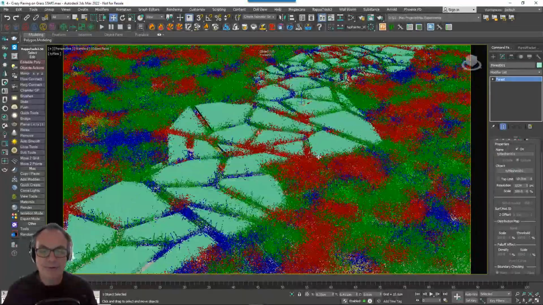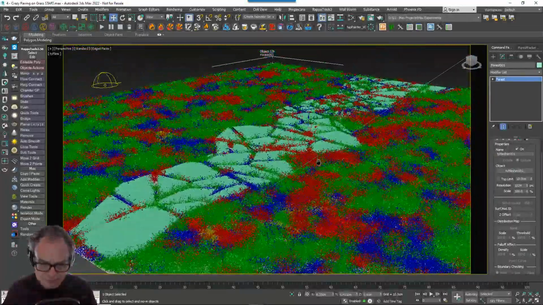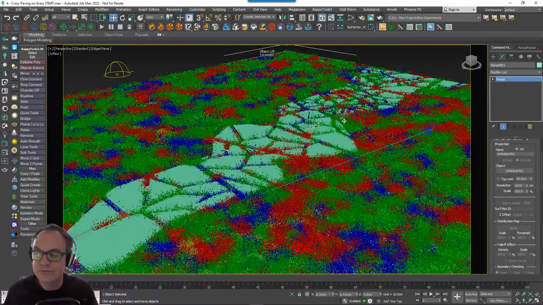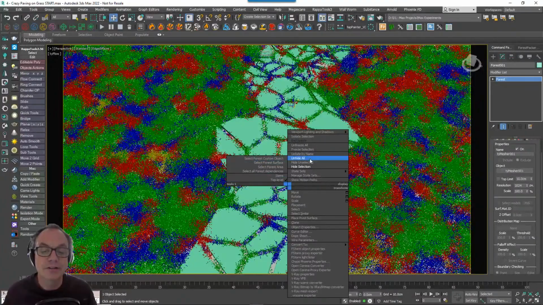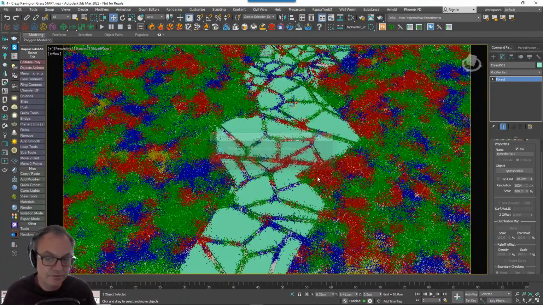But that's basically how I would go about trying to create some kind of crazy paving on grass type effect, using some kind of object like this. How you create this paving is a matter of choice, but I thought a fracturing technique was probably the easiest. And like I say, it's fully parametric, so if I did want to unhide my source geometry